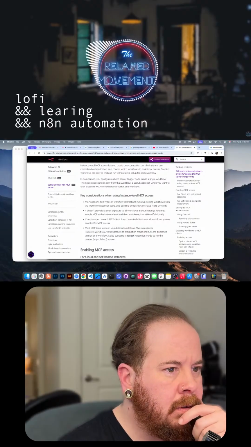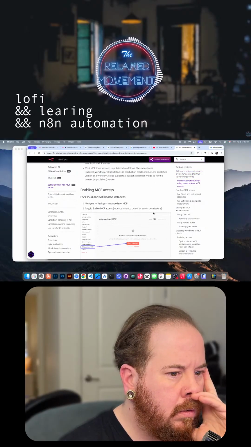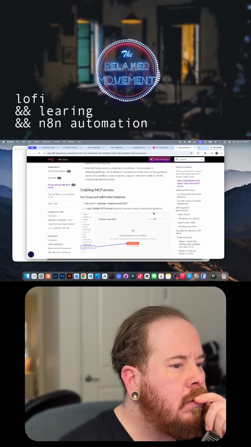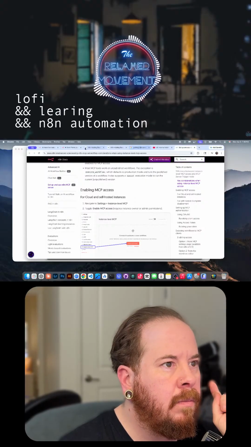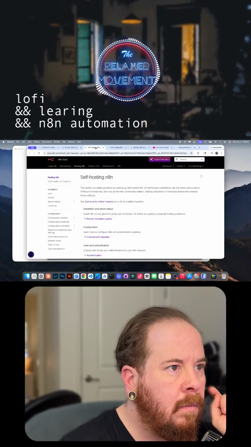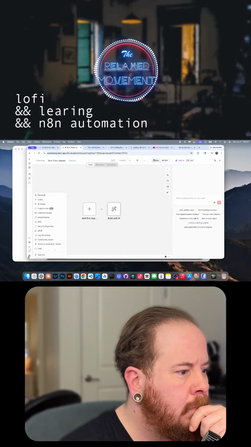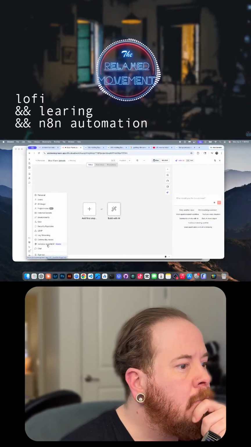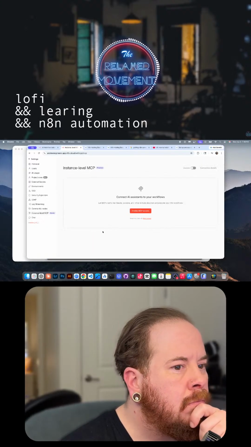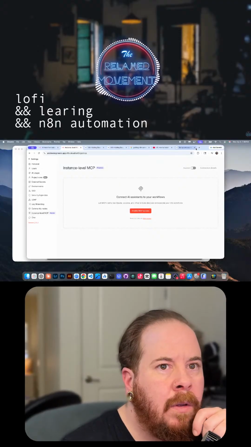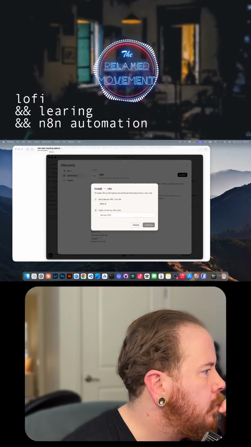MCP supports 2 types of workflow interactions. Okay. Go to settings, instance level, enable. Just in case something pops up that is private, enable the server.